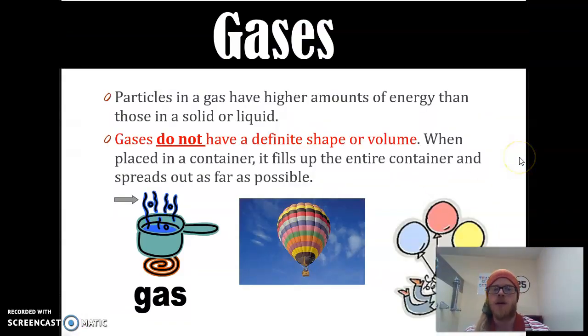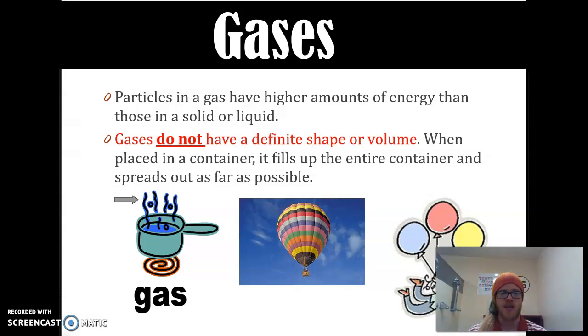Nope. All right, so gases, right? Gases do not have a definite shape or volume. So think about a balloon that's blown up, right? The reason that balloon stays expanded is the gas molecules are bouncing all around, right? They keep that balloon pushed out. So when they're placed in a container, the gas fills up the container and spreads out as far as possible,